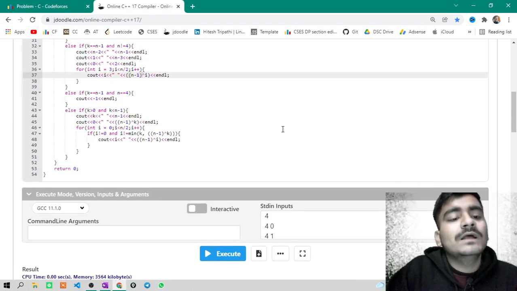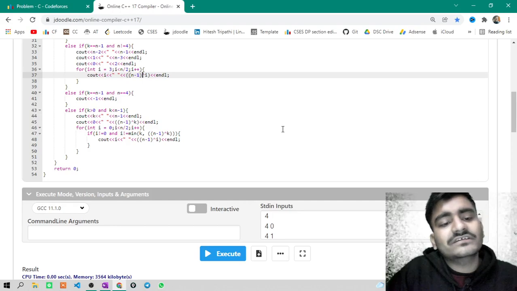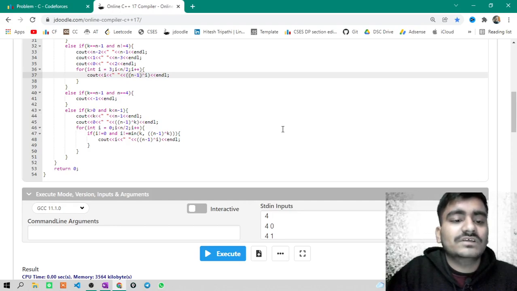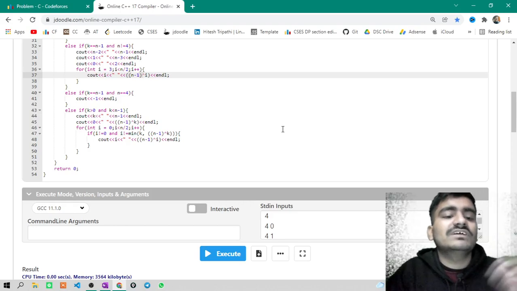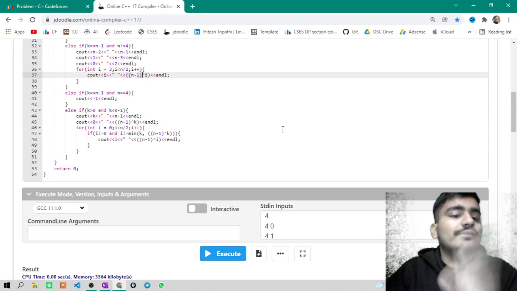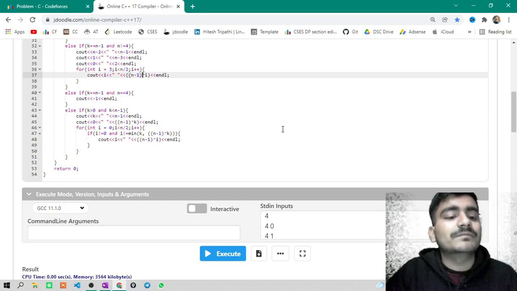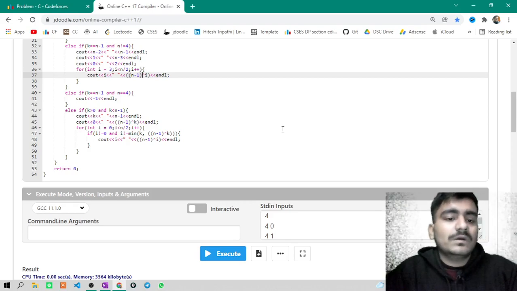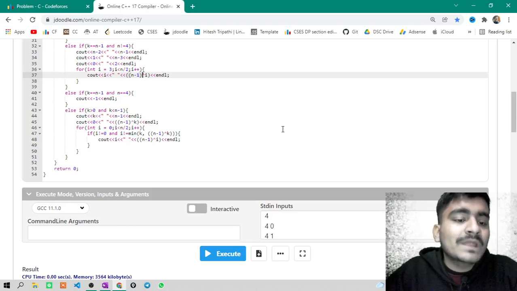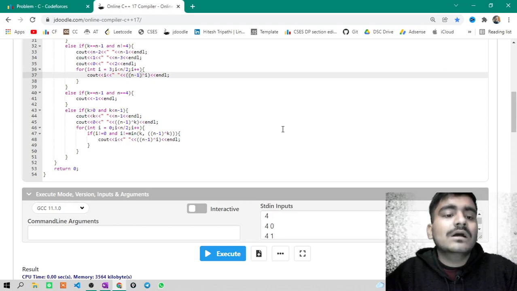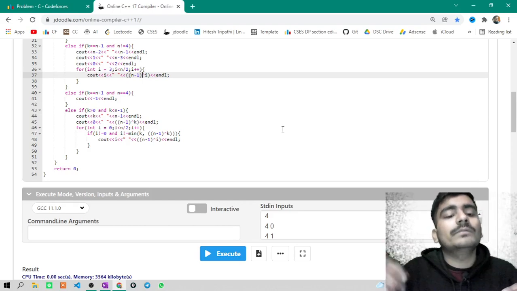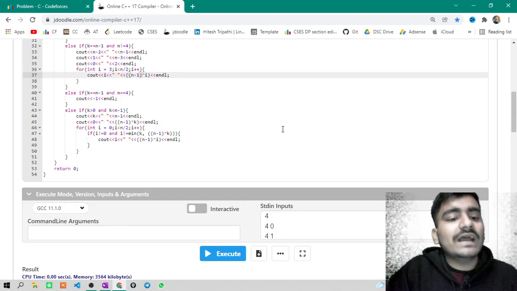And the last case, when k is greater than 0 and less than n-1, I will pair k with n-1. Since k is less than n-1, it will always give me k after doing the bitwise AND of k and n-1. Okay, and for 0, k's complement. Now here is one more highlight: when I have already used k with n-1, the complement of k will be left. I will use that with 0.